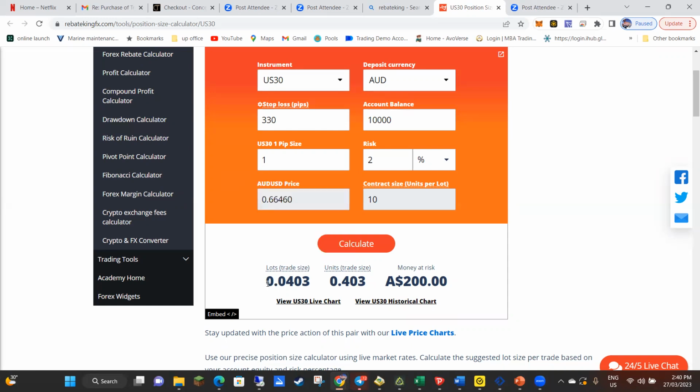So now we can see what we would need to enter into the Trend Trader settings as the order size will be 0.04, only to 2 decimal places. That's important. So 0.04 is what you would put into the settings. And that would incur a loss of $200, which is 2%. Perfect. Okay, let's try one more